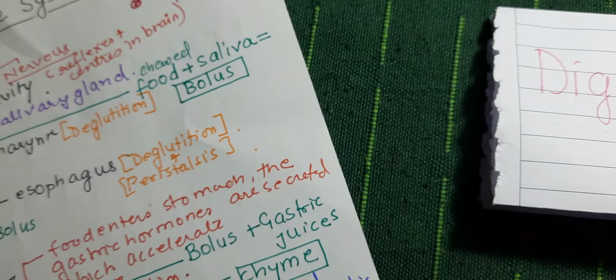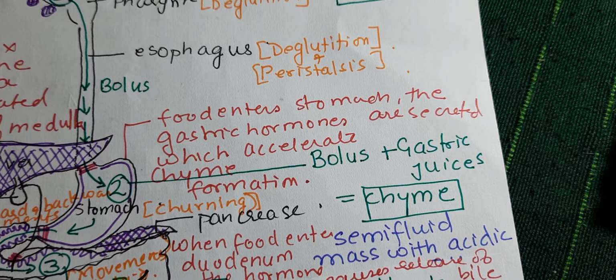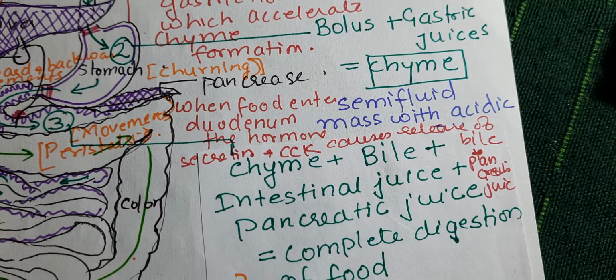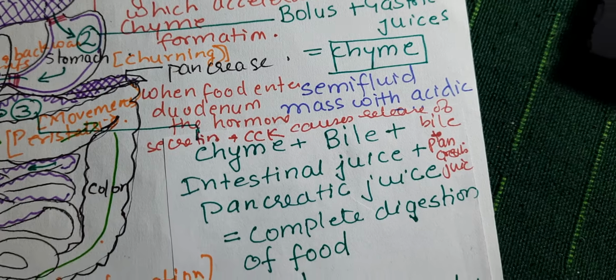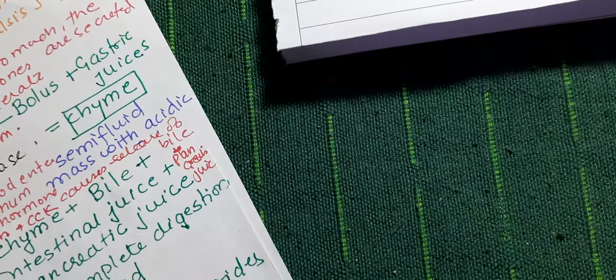Now when the food enters the stomach, the gastric hormones are secreted which accelerate chyme formation. When the food enters the duodenum, the hormones secretin and cholecystokinin cause the release of bile and pancreatic juice. So finally,